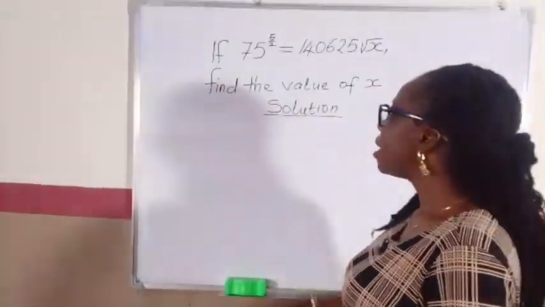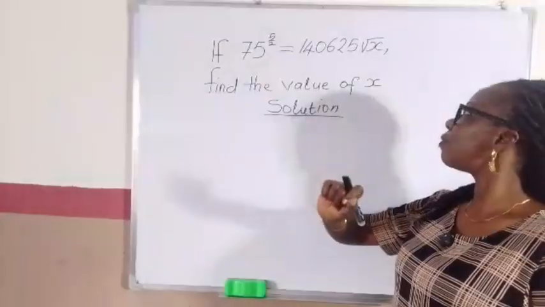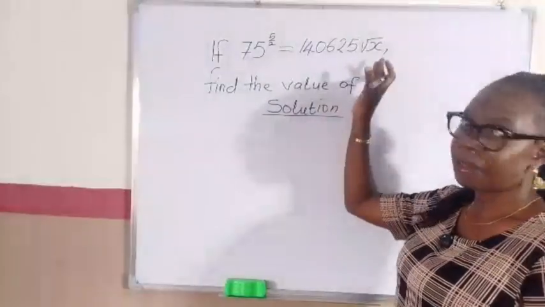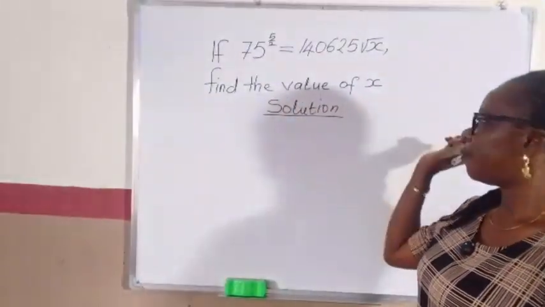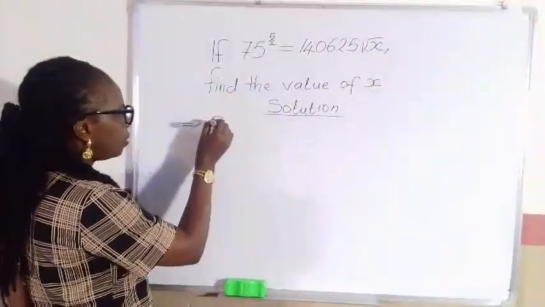Hello dear ones, if 75 raised to the power 5 over 2 is equal to 140,625x, find the value of x. So our question is,